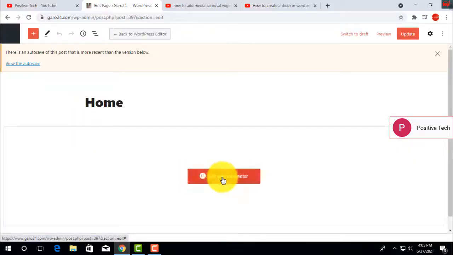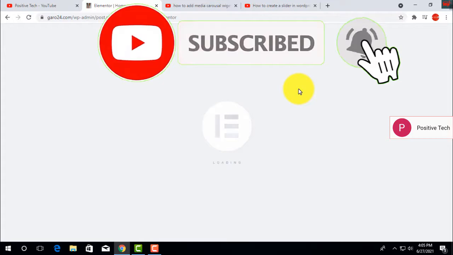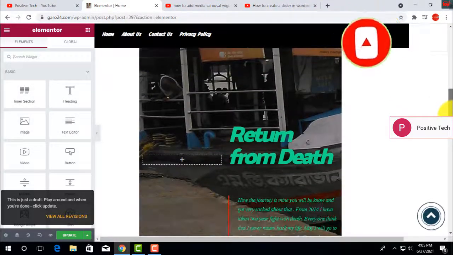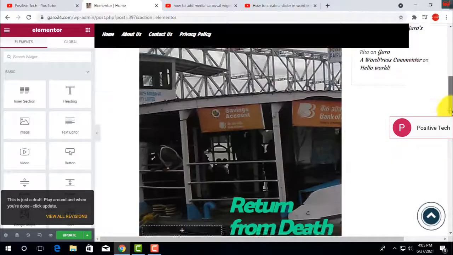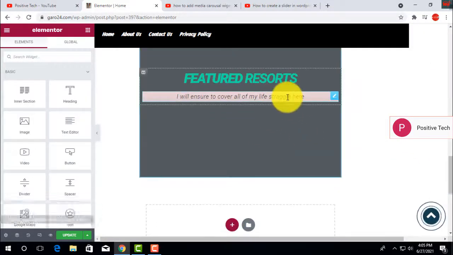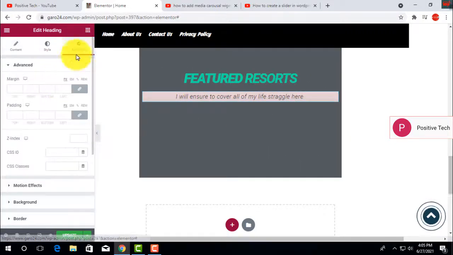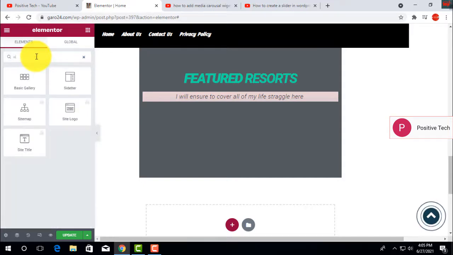Then go to the home page. I will add the slider to my home page in this section. For that, I have to go to this page and just click here, and you have to go to these sections, and here you can go